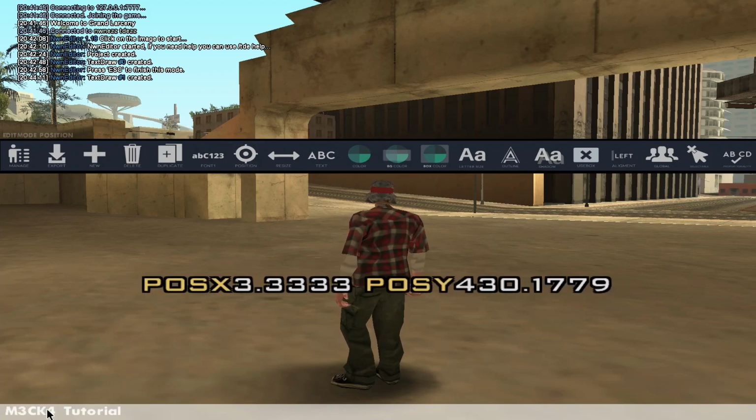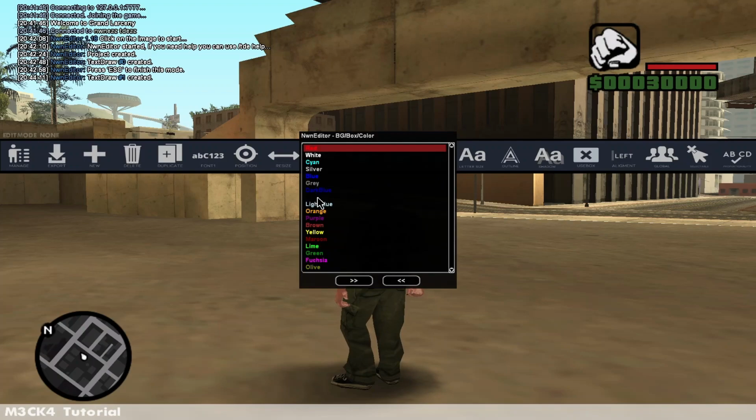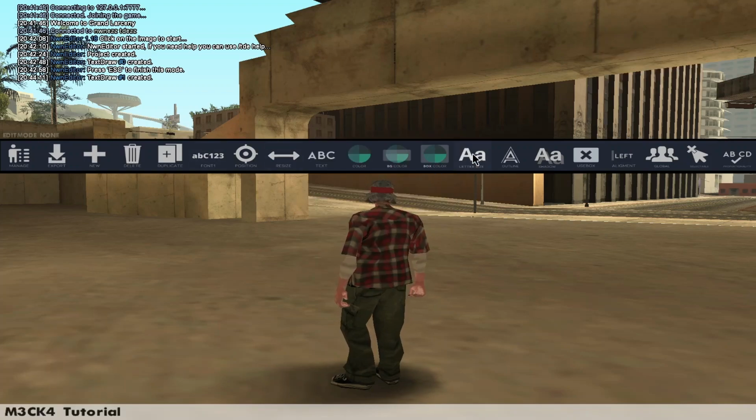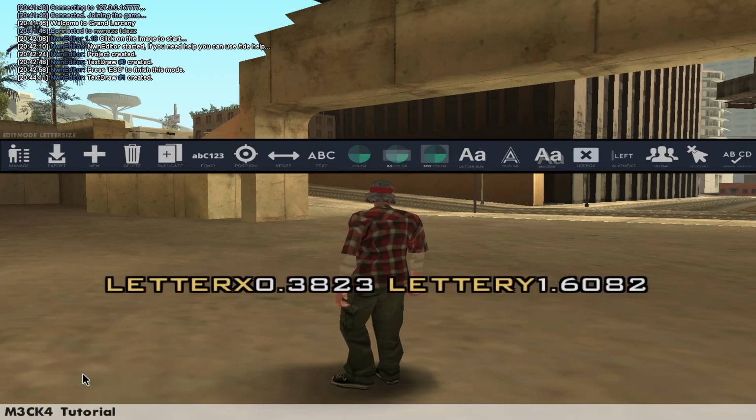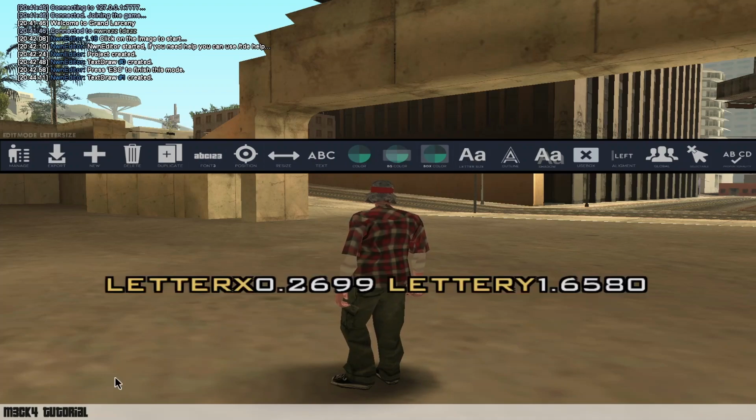So I'm gonna position it like down here, and I'm gonna change its color to black color, let's say, and I'm gonna resize it. Because this is text, we can't resize it with the resize button. We need to use the letter size button. So let's squish it a little, and we can change its font. Here it is. So if we click, it's like this. You have this font and this font. So there are 4 fonts here. I'm gonna use the third one and resize it a little